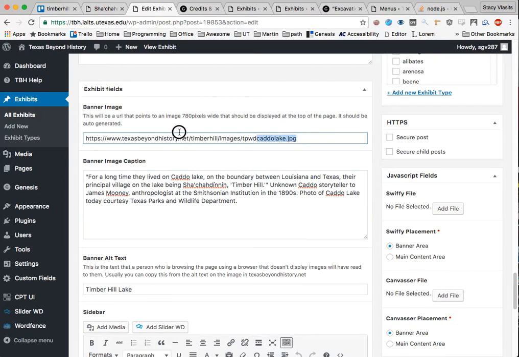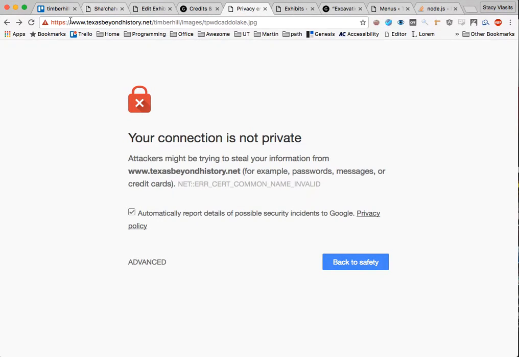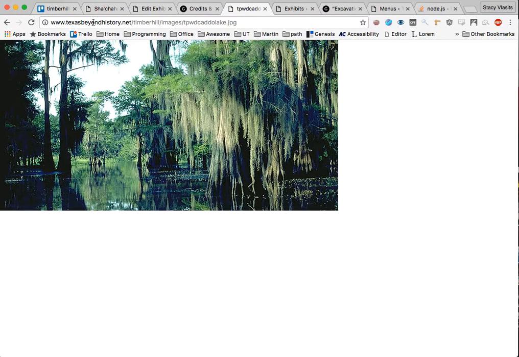Now, as I mentioned earlier, the URL for that image has already been put in here programmatically. Let's take a look at that image. Now that image points to the image on the old Texas Beyond History site. Now if we leave that URL in there, then we're going to be in trouble because it's going to be pointing at a site that is eventually going to get removed, and that URL won't work anymore. So what we want to do is upload that image into our WordPress site. So we're going to grab that URL,